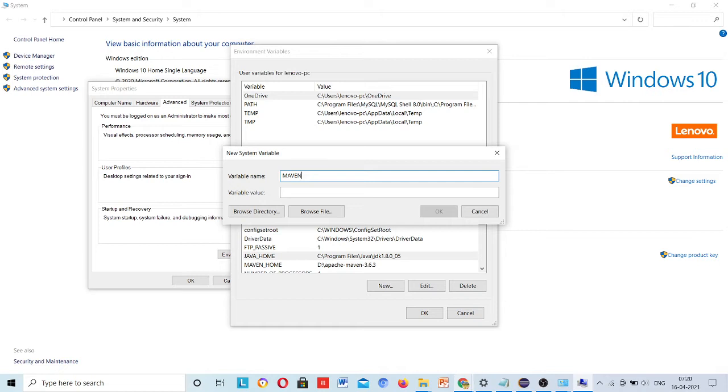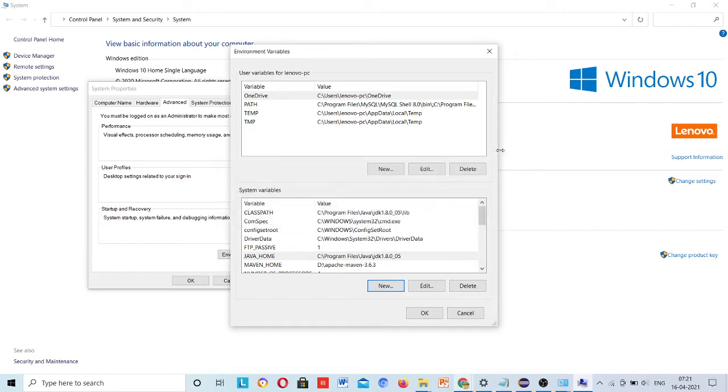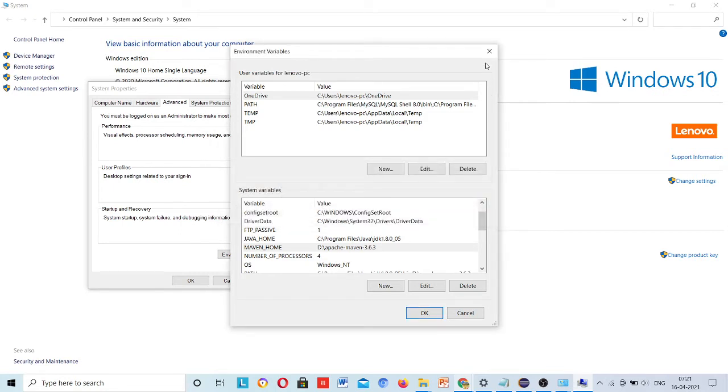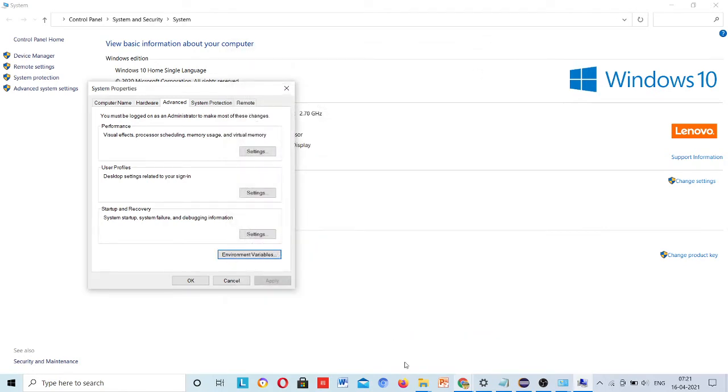You need to type MAVEN_HOME and paste this path and click OK. I have already done it on my machine, Maven home, double click, and you can see it is already here. I keep it on my D drive, that's why it's showing D drive. Okay, I'm closing it. This is the Maven home setup.